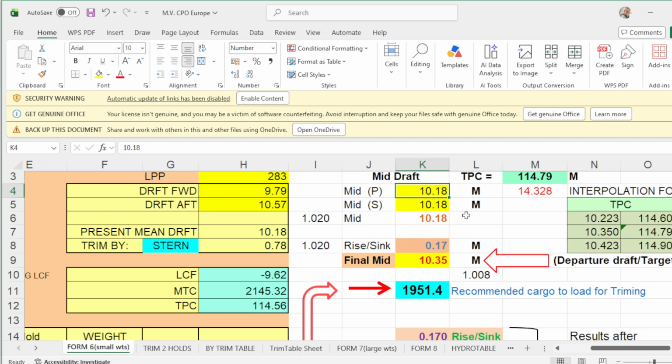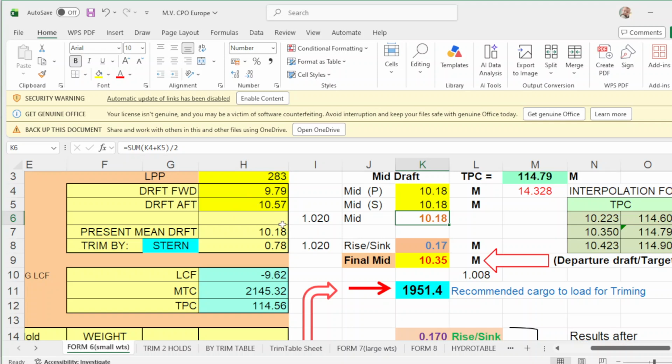Put here 10.18, and actual mid starboard is 10.18.